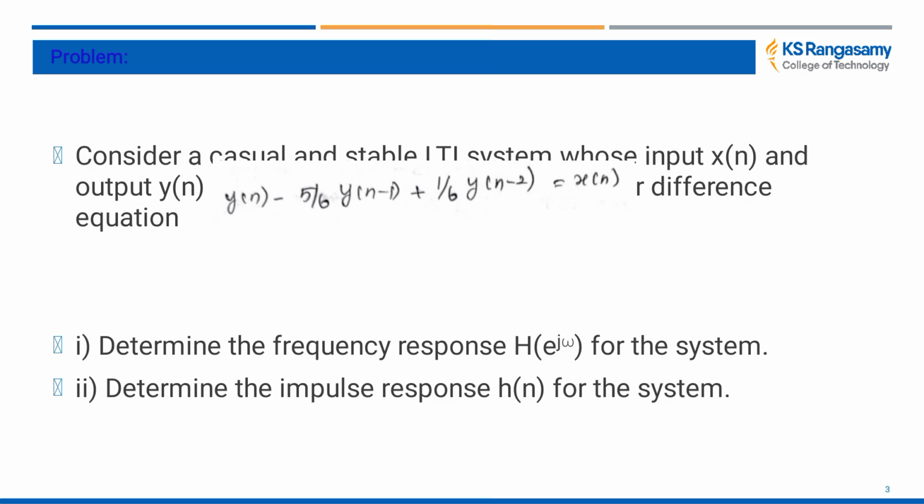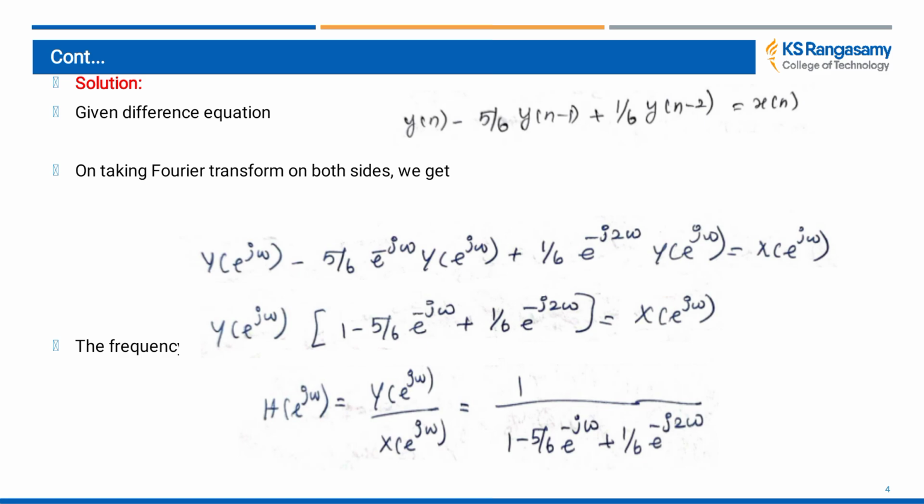So as we saw in the previous slide, the frequency response is the transfer function of the system. So first we determine the transfer function of the system. The given equation is a difference equation, and on taking the Fourier transform on both sides, for y of n the Fourier transform can be written as Y of e power j omega. For y of n minus 1, we are substituting e power minus j